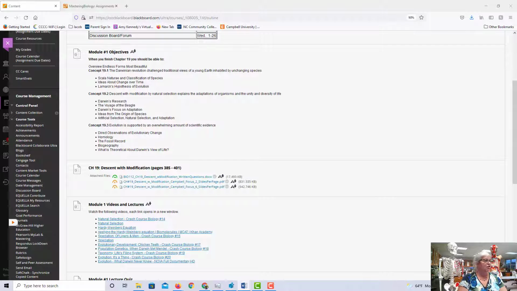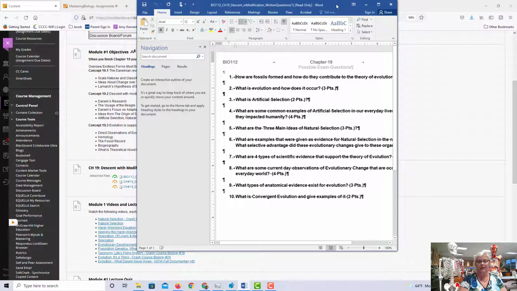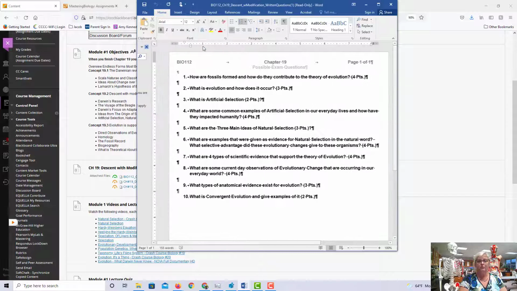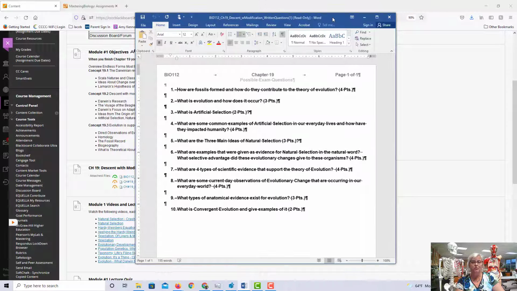And so for each chapter, I will give you possible written questions, and those possible written questions are what will show up on your exam, along with multiple choice questions that come from those quizzes. So it's always good to also do both quizzes because you'll see more of the possible multiple choice questions that are going to show up on your exam. The only thing that is proctored are the exams. I do not proctor the quizzes, so you can do those basically open book.